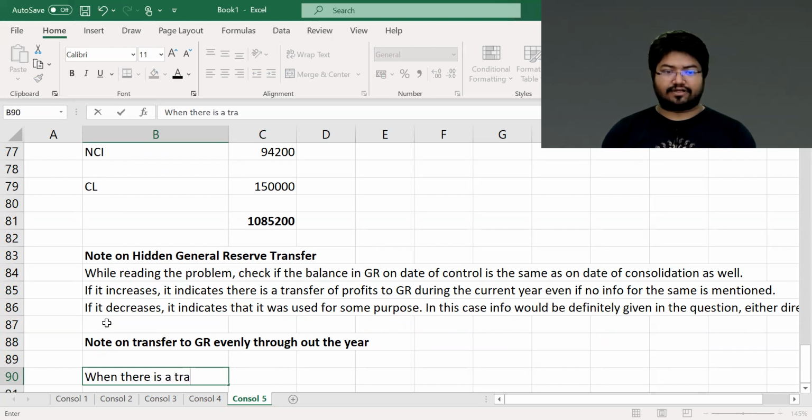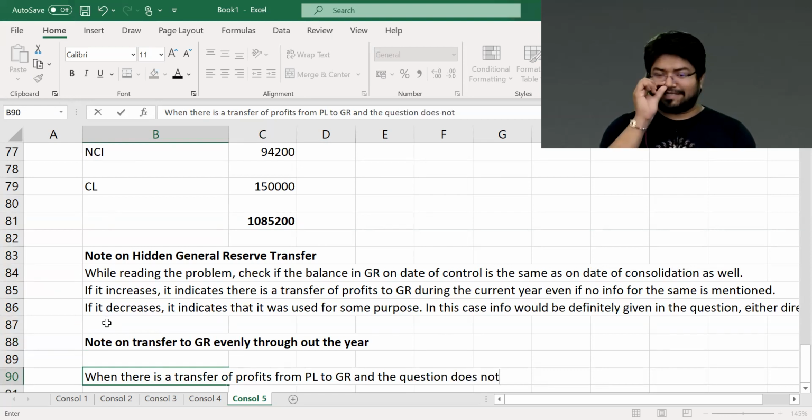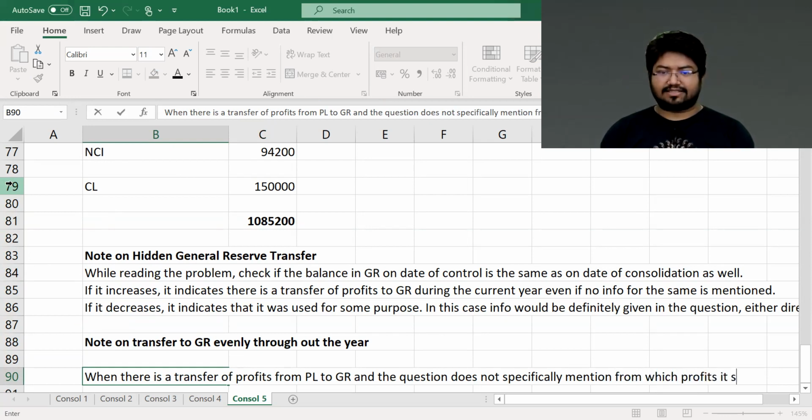When there is a transfer of profits from P&L to general reserve, and the question does not specifically mention from which profits it is transferred,